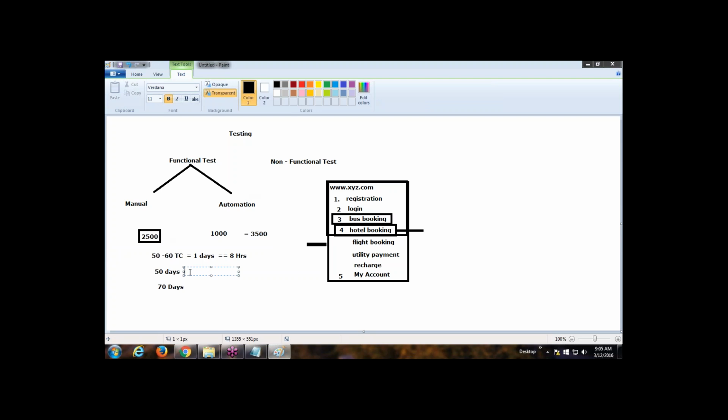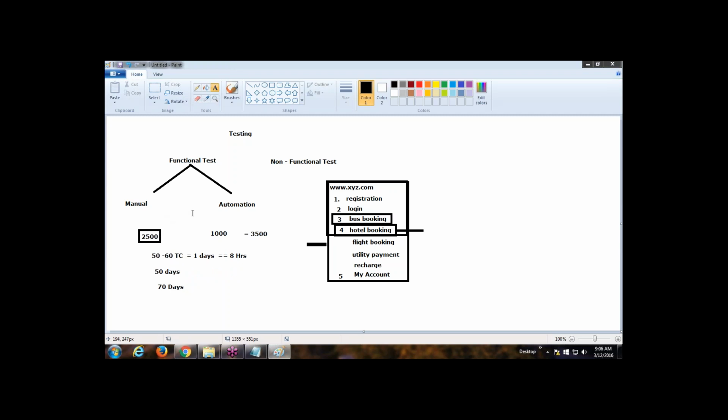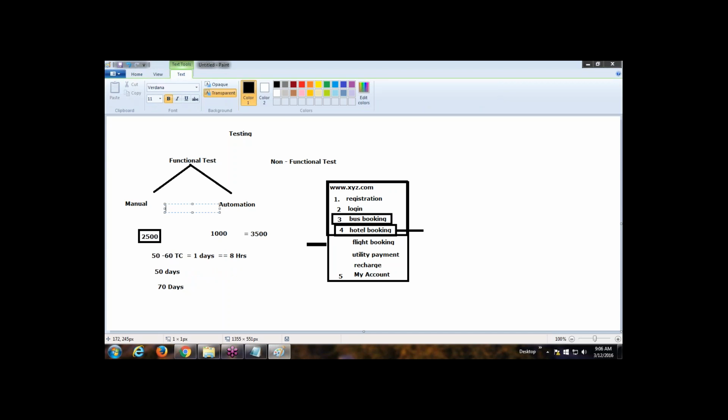So the budget increases whenever we do manual testing taking 50 days. And there is also a delay in delivering the application. So we can avoid these 50 days and control it to 5 days, in the standard process also, and we get some documentation part. So on the automation side,